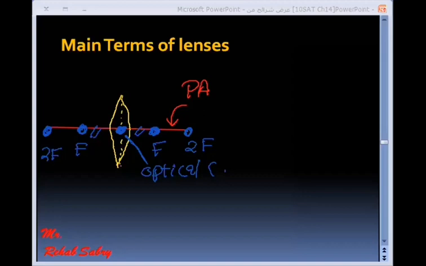So now, this is the principal axis. I know that you may have